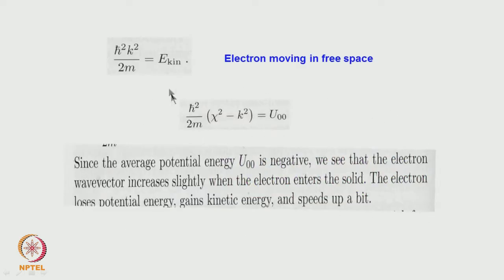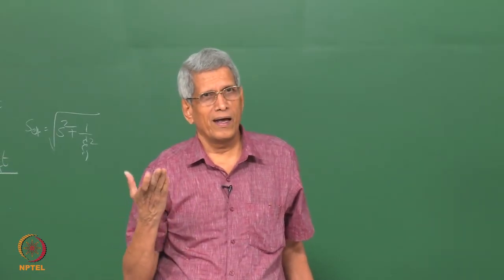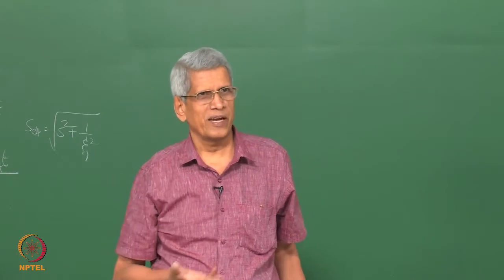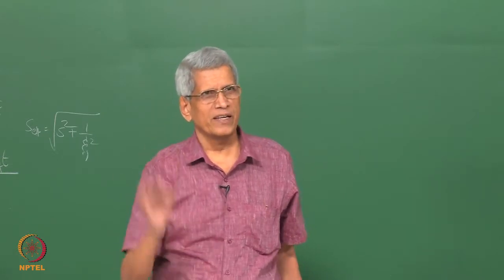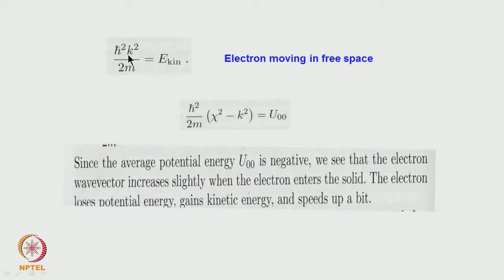Now, let us come back to the sample again. In a dynamical theory, what we assume is that essentially it is solving the Schrodinger equation. An electron beam with a very high energy, with a value of kinetic energy equal to a particular value given by the accelerating voltage, is entering into the sample. So, when it is in vacuum, h bar squared k squared by 2m will be the kinetic energy, from which we can find out what the value of k is going to be.